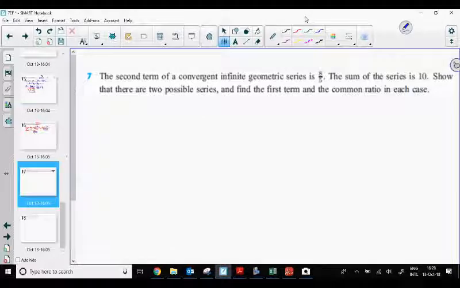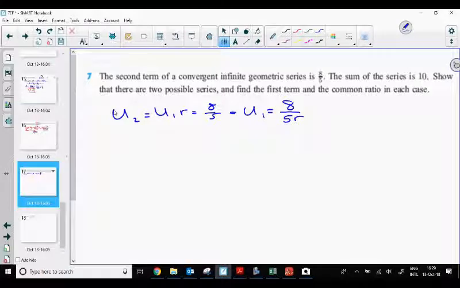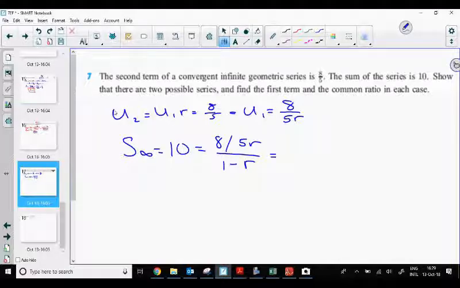All right, taking a look at this one here, we know something about the second term. The second term is equal to 8/5. So I can say that u sub 2, which is equal to u sub 1 times r, is 8/5. And that tells me that u sub 1 has to be equal to 8 divided by 5r. That might be helpful because the sum, which is 10, is equal to u sub 1 divided by 1 minus r. And we can then simplify that. That's going to be 8 over